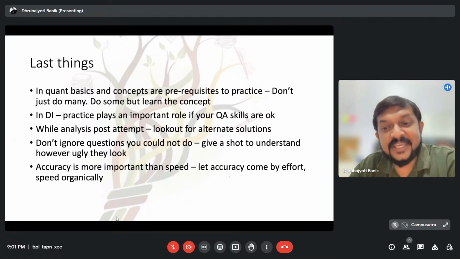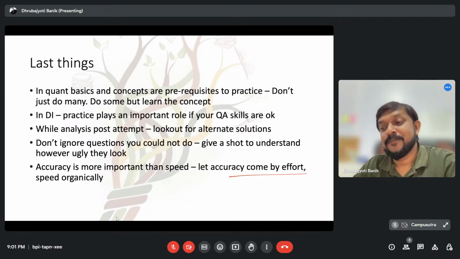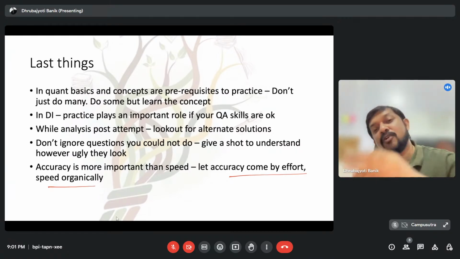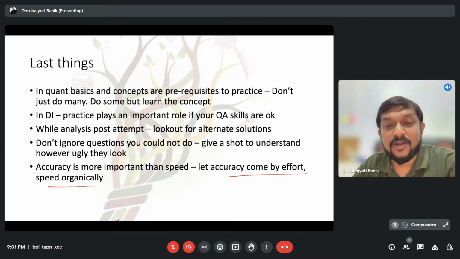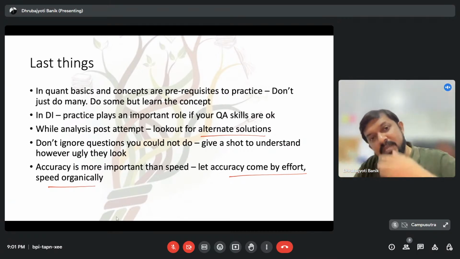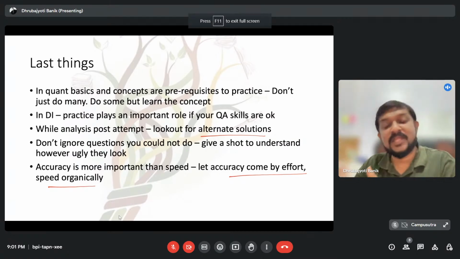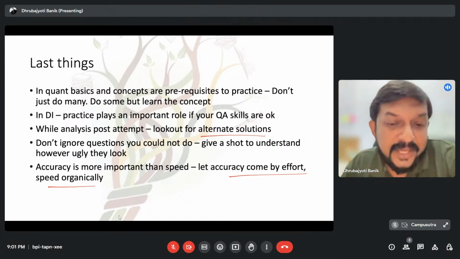Let accuracy come by effort. क्वेश्चन सही करने की कोशिश कीजिए, जल्दी करने की कोशिश नहीं, as I said, should come organically. ठीक है, जितने आपके कॉन्सेप्ट्स अच्छे होते जाएंगे, जितना आप ये प्रैक्टिस करेंगे कि क्या मैं ऑल्टरनेटिव सॉल्यूशंस निकाल पा रहा हूँ, क्या मैं ऑप्शन से सॉल्व कर पा रहा हूँ, जितना वो इनबिल्ट होता जाएगा, उतना आपको स्पीड कम लगेगी, उतने ज्यादा क्वेश्चन अटेम्प्ट होंगे।